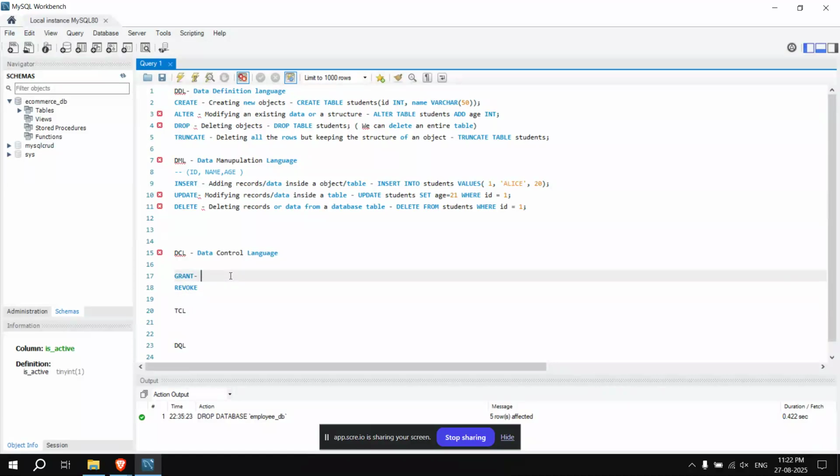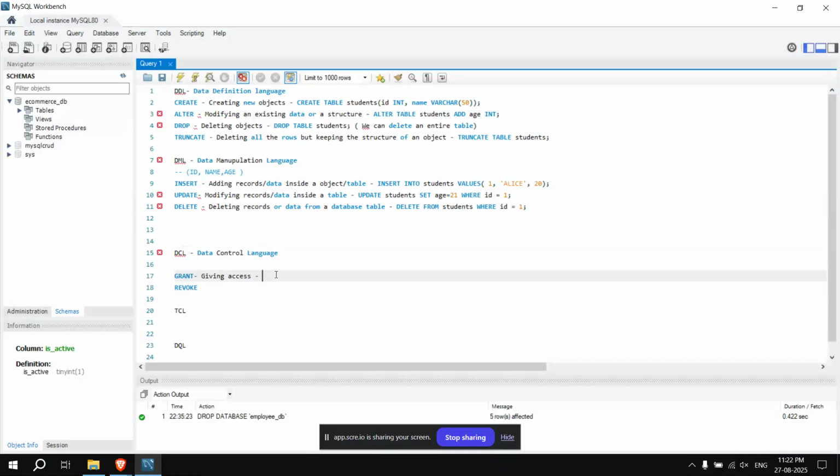As you know, grant means giving access. When creating a database or a table, there is always a password and username, and we use these query languages to give a specific user permission to access the database or the tables.